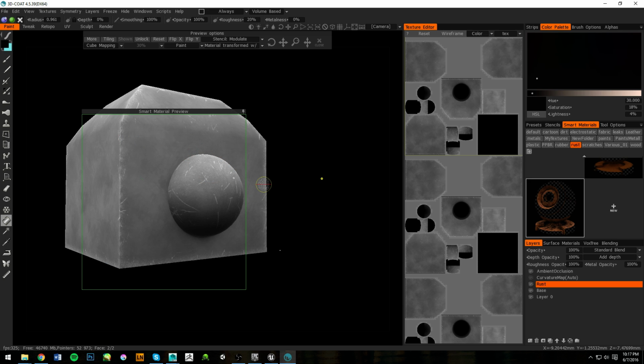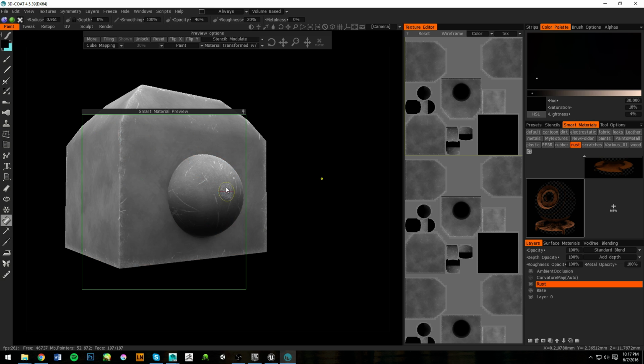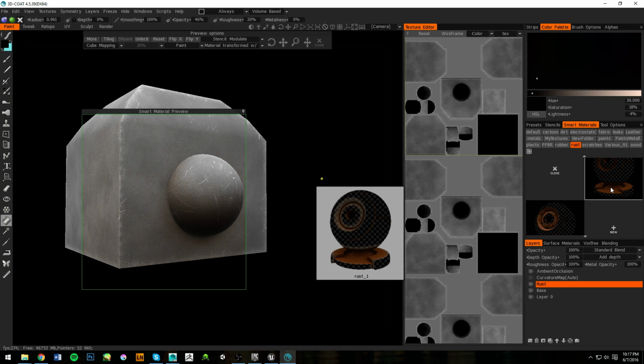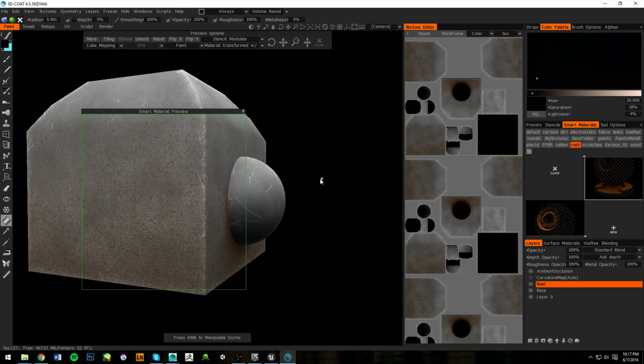right? So what we need to do is we need to either change the opacity to be lower, which still is okay, but it's kind of like a gray rust, and that is not good. We're going to go over to this rust and we do want the roughness up. So roughness is how shiny a material is, and metalness is how metal a material is. Metalness is mostly just reflections, so how reflective you want the material to be. Opacity, we'll turn that up a little bit, and there we go. So now we have a nice rusty looking box,